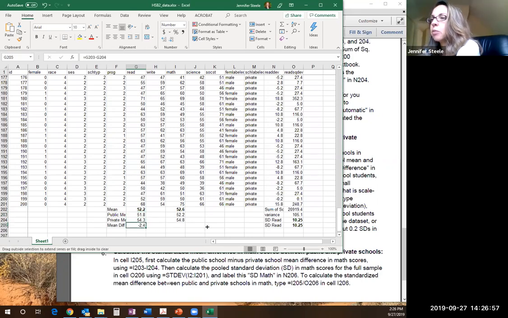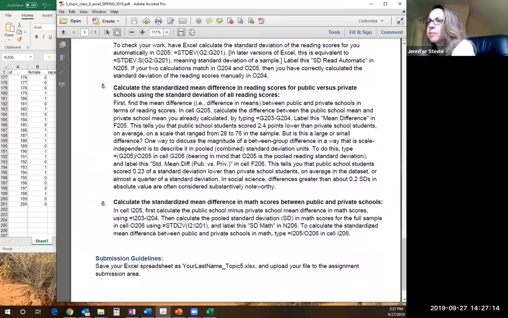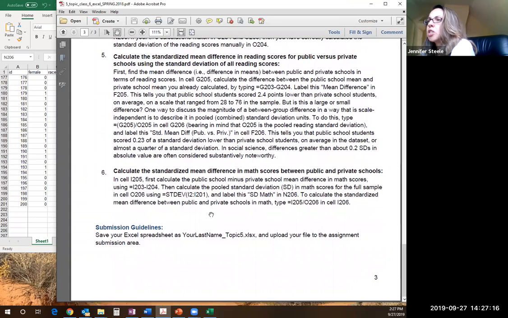We're going to take that same formula and just drag it over here to math so that we also have this done in math. And in math, it's negative 2.5. Let's see, and label this as math. Okay, so